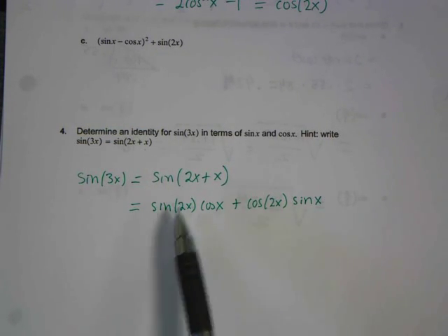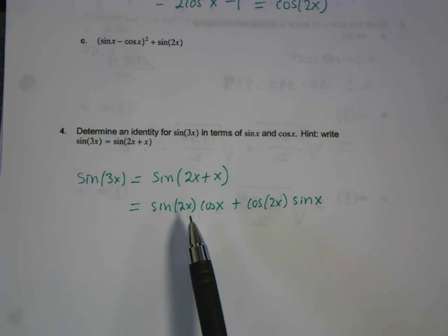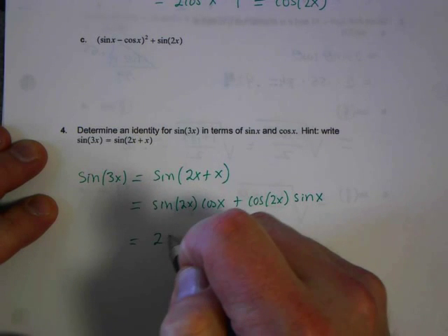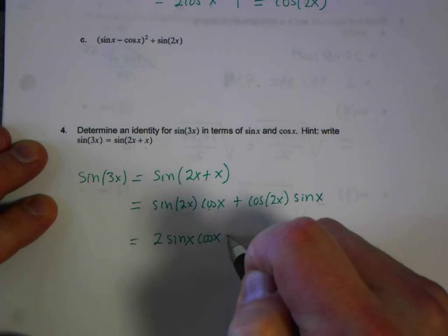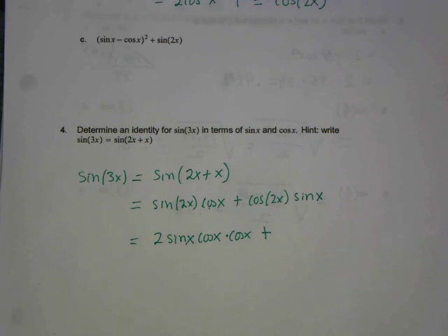What can I do with this sine of 2x? That's my double angle identity. Sine of 2x is 2 sine x cosine x. All right, so this is 2 sine x cosine x, and then I still have this other cosine, so times cosine x, plus, how about this one? Cosine 2x. Well, cosine 2x,